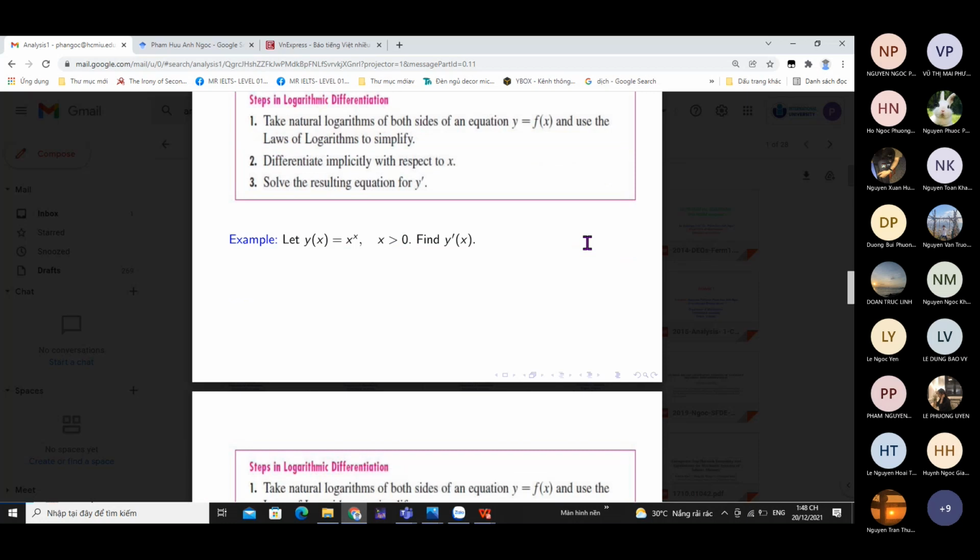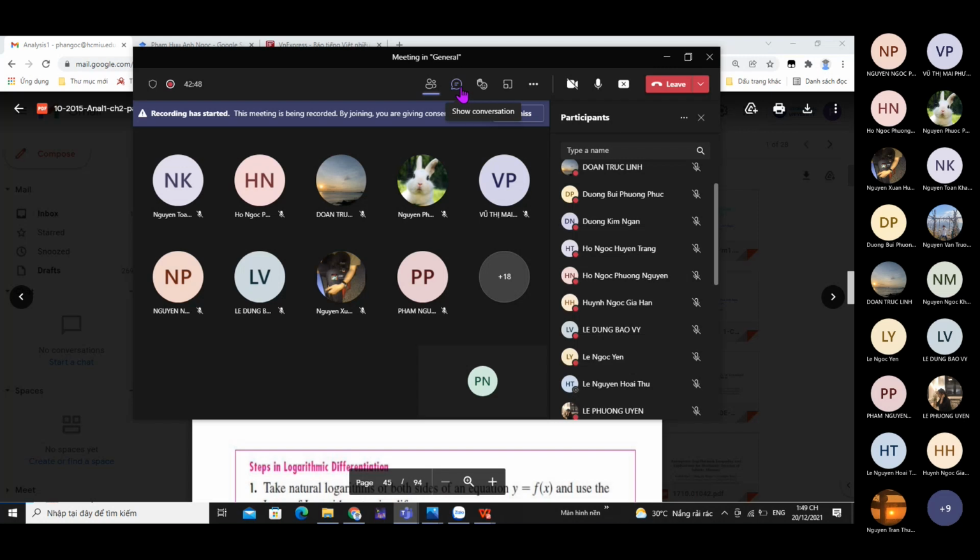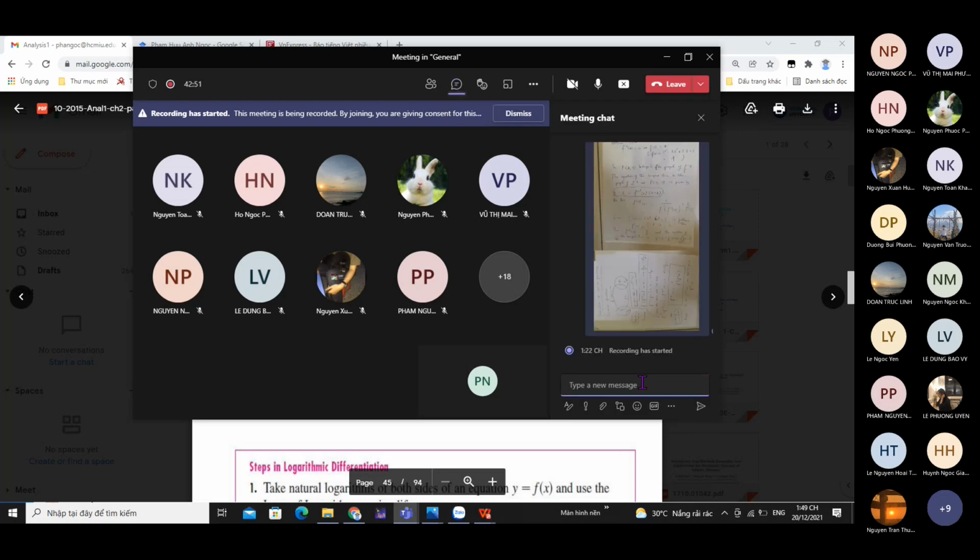Now, how do we get the derivative of the function x to the x? Here x is a positive number. So you see here, x to the x is not a power function. I mean, it is not a function of the following form. Let me write down something here. A power function means x to the alpha, something like x squared, x cubed, and so on. In general, x to the alpha